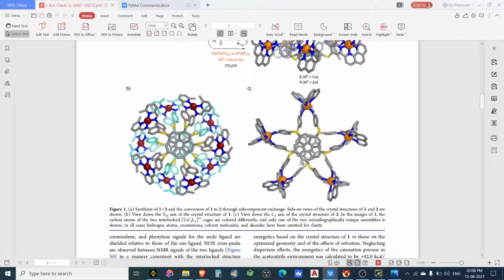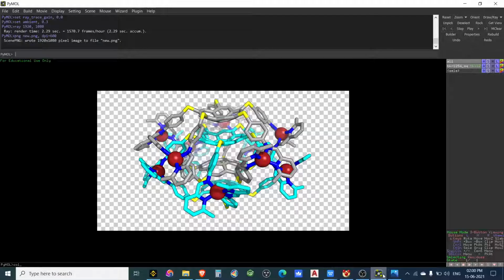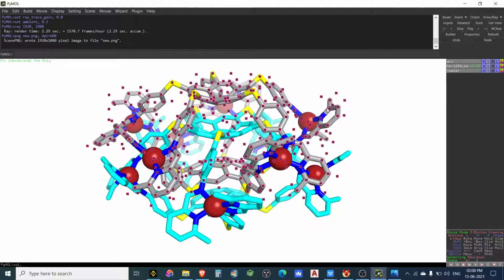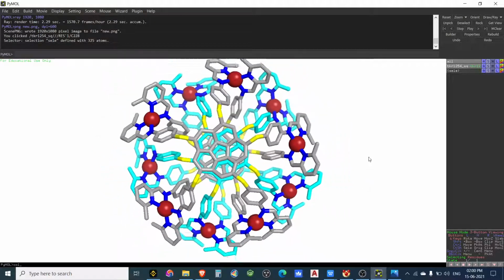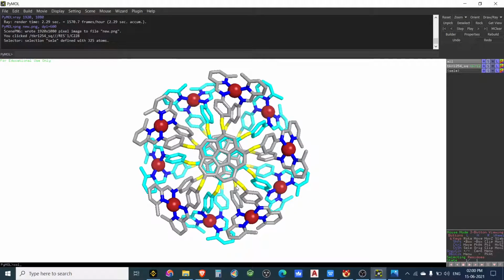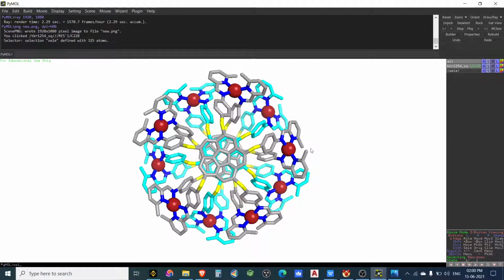Okay, now this one we can do simply the top view. We need to simply click outside, it came like this, then rotate. See this one. Now the old commands we need to do. Every time you need to ray trace in a high resolution mode, otherwise very poor resolution will be generated.